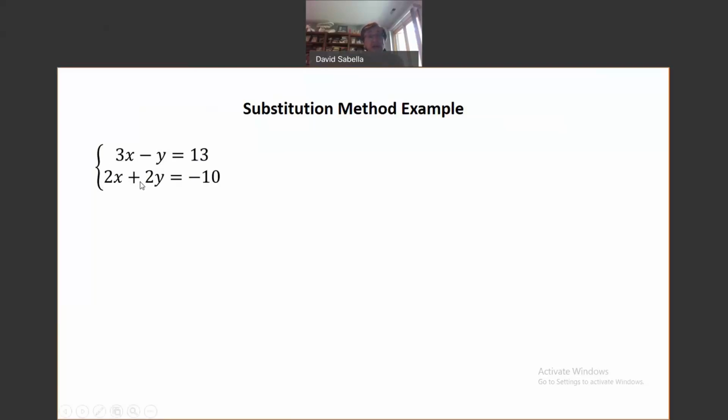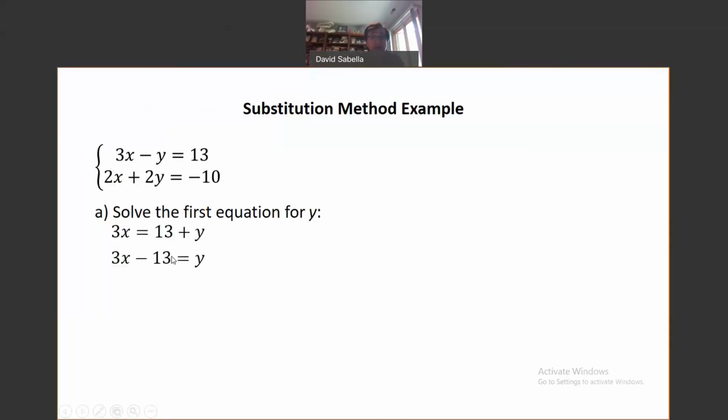On the other hand, we could also do it in the second equation, because if you solved it for either x or y, when you divided both sides by 2, you wouldn't have a fraction. So that would work, but it's just easier if one of the coefficients is 1 or negative 1, like this. So what we're going to do is take the first equation, 3x minus y equals 13, and then we're going to solve it for y. So the first thing I did was add y to both sides, okay? And then I was solving it for y, I subtracted 13 from both sides,